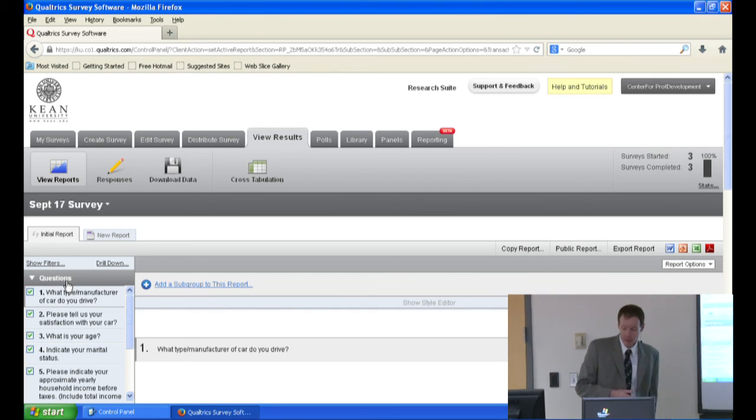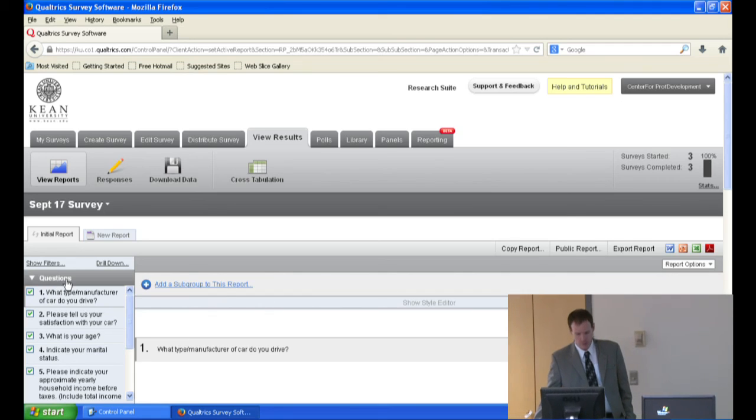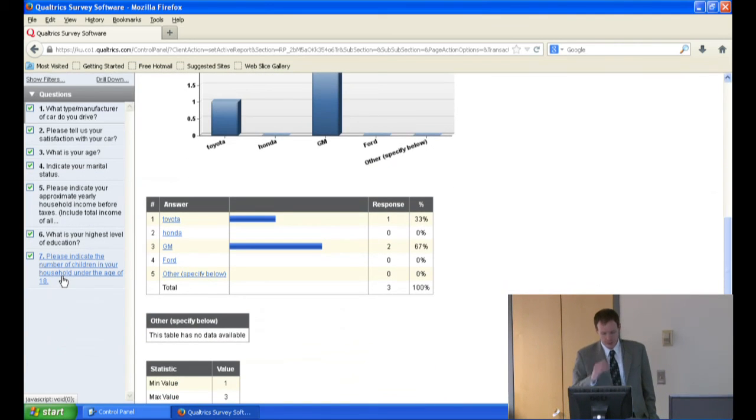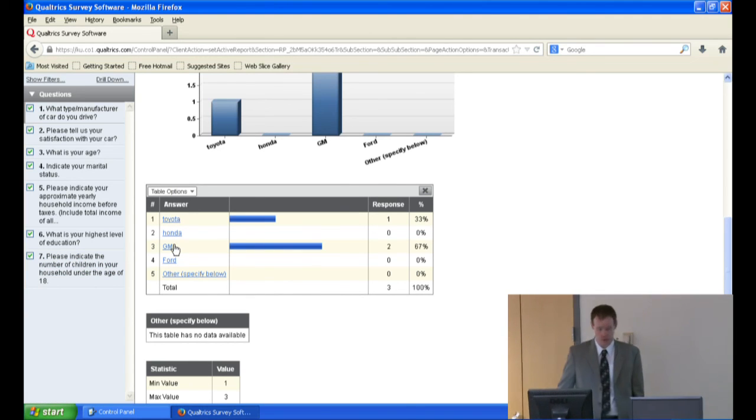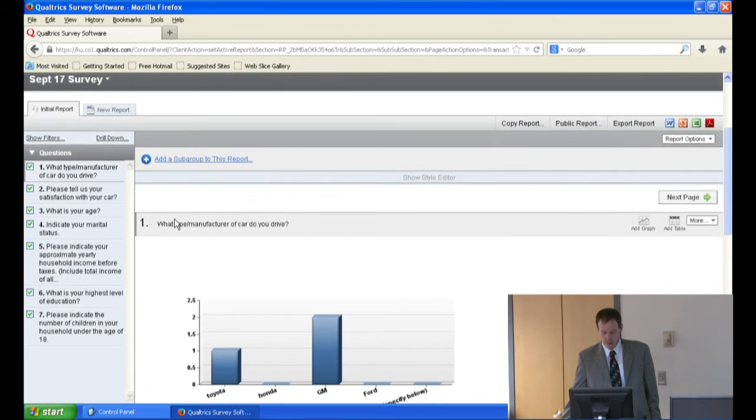So for example, if we wanted to look at the data, right now we have the data representing everybody. We only have 3 responses, but still, nonetheless, it's everybody. Suppose we wanted to take a look at the data for those people who drive GM vehicles. We can specify here within the subgroup function that we only want to look at people who responded to question 1 that they drive a GM vehicle. So we click on here, add a subgroup to this report,